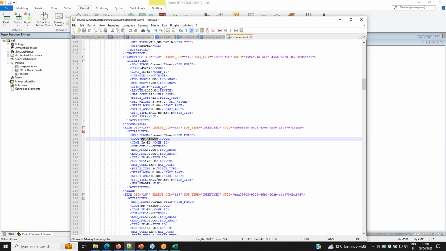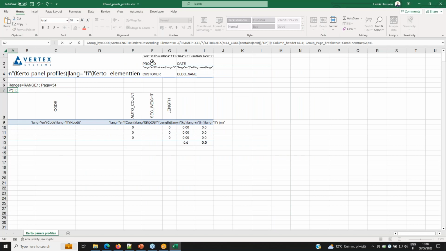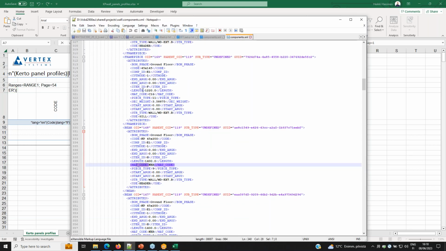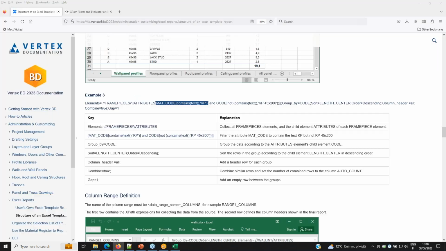But instead of code, I'm using math code to search. For example, code also could be used. So I'm using math code should be containing, was it care? Yes. Okay, now I could try this, but let's try and learn a little bit about, on these pages there are